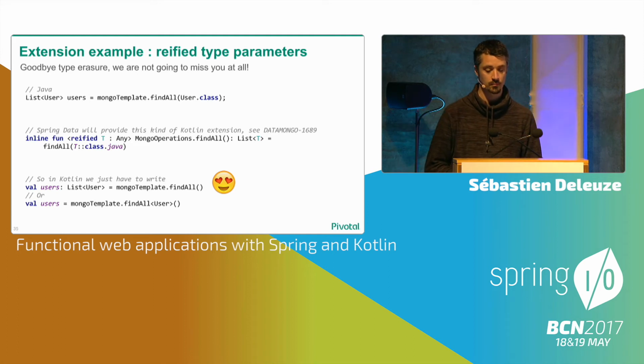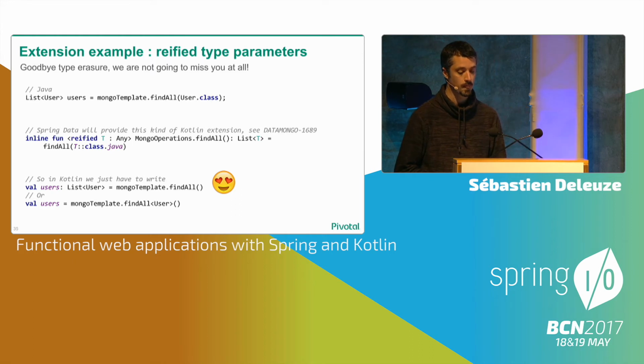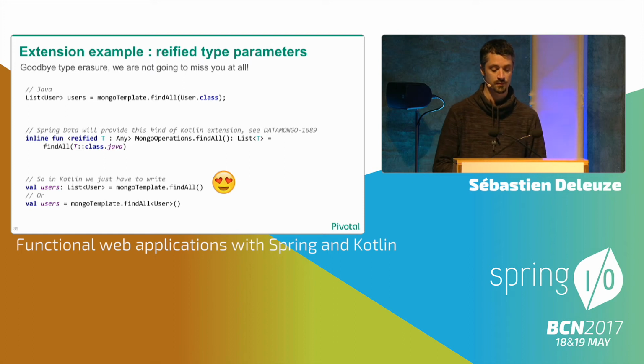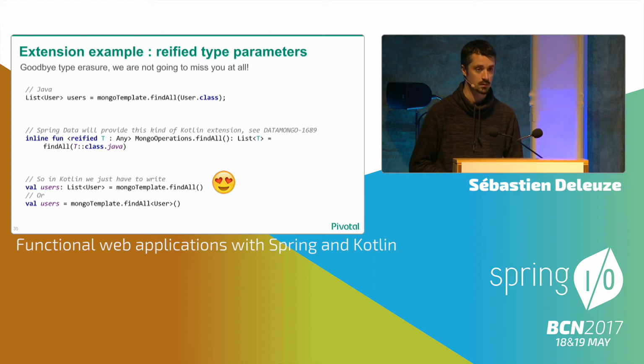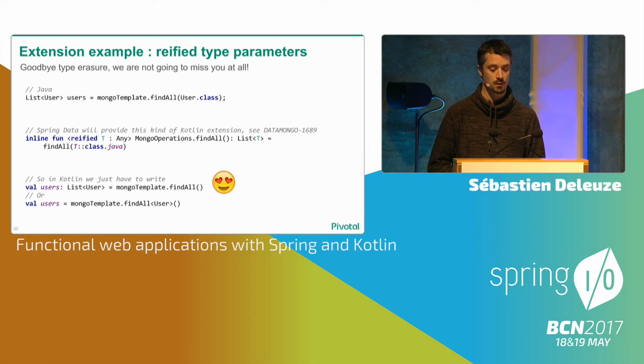So in Java, for example, you have to write mongoTemplate.findAll(User.class), even if the returning value is explicitly declared as List<User>. So one sample extension that we have added is this kind of reified alternative. So I'm adding a new findAll method to MongoOperations. It does not take any class parameter, and it will leverage, you see that I'm finding the type thanks to